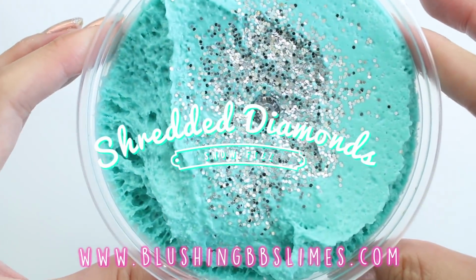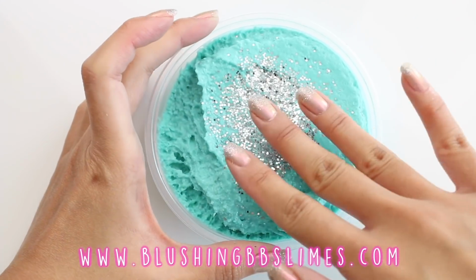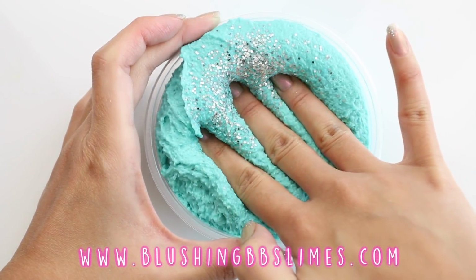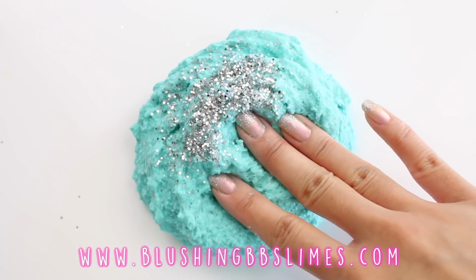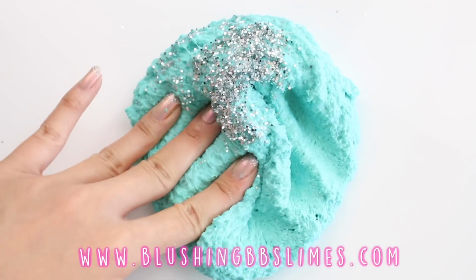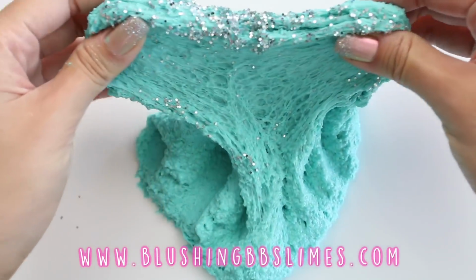And of course, this wouldn't be a BlushingBB restock without the Snow Fizzes. It's a favorite texture around here at BlushingBB. This one is ultra fizzy, crispy, fluffy, and unquestionably satisfying. This one is shredded diamonds, and it comes with a sprinkling of silver sequins to represent diamond sparkles,